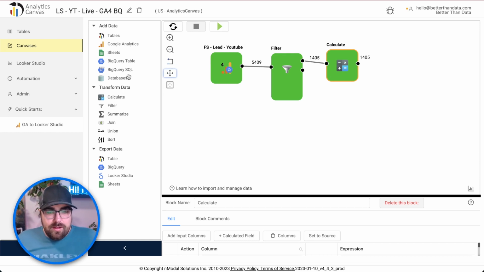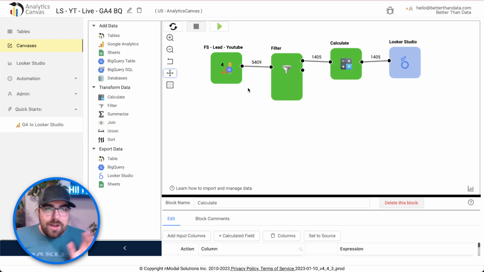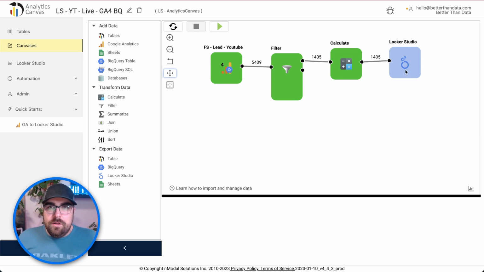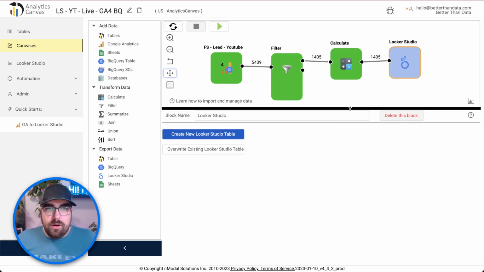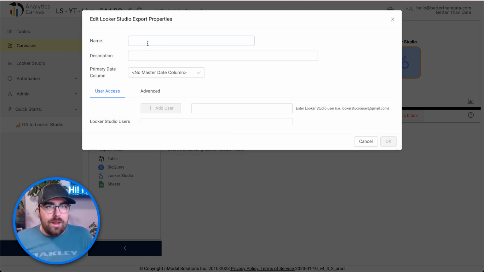We then want to connect this into Looker Studio. So I'm going to create a Looker Studio block that will export it into Looker Studio. I'm going to connect it on up. Okay, so we have our steps, our data preparation into Looker Studio right here. What we need to do now is utilize some of their awesome tools. So here, when I create a Looker report, this is what actually shows up inside of Google Looker Studio. So I'm going to call this the lead FS, lead,